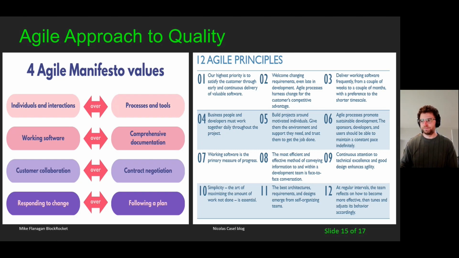The agile approach really, it still values quality. It's just the way in which quality is done is different. The biggest one, absolutely, as we can see here when we talk about the four values of agile, is they value individuals and interactions over processes and tools. So again, the incessant need to slap a process on everything, as if by adding five or six processes is going to automatically cure your business needs, is just ridiculous.